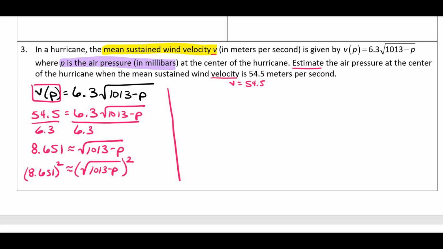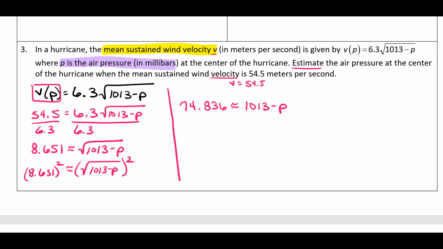So even though I've rounded here, I'm going to leave my calculator number where it is to keep it as exact as possible. When you square that, you should get about 74.836. And again, double check me in case I've missed some numerals or something. And that's going to equal